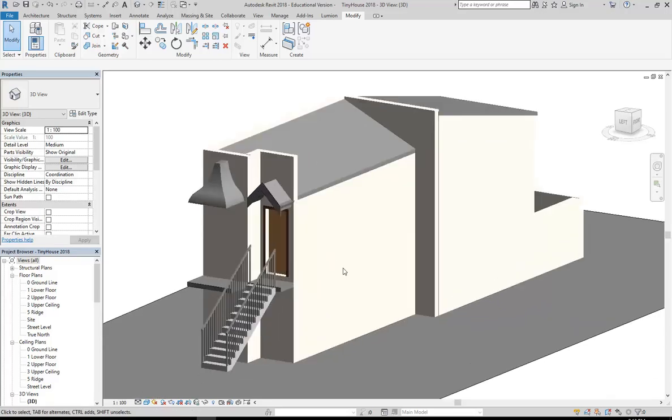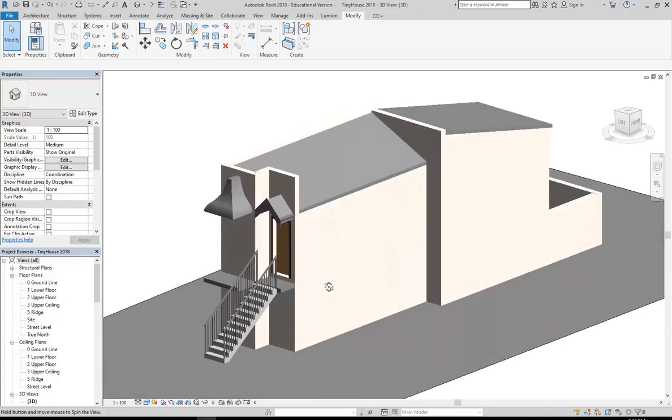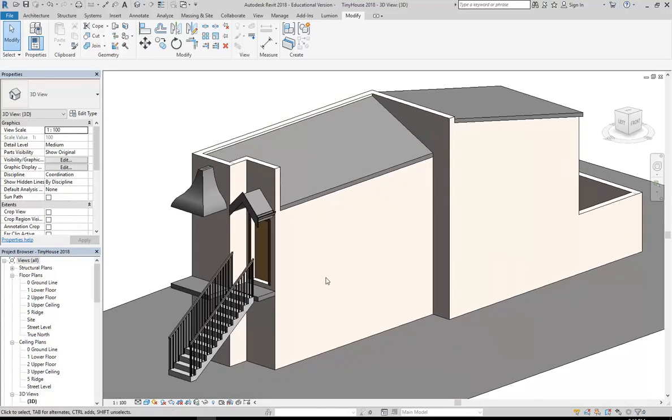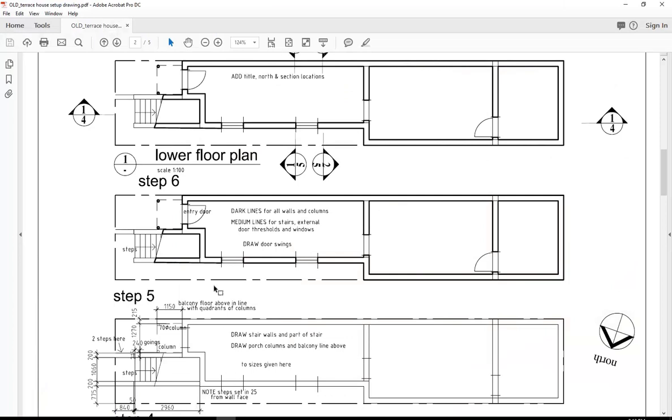So I'll go through the steps now for inserting the windows particularly, but also have a look at the doors. So again, focusing on the loadable families that you'll need to use for doors and windows, but then I might also have a look at some families that you can bring in for furniture and some other things as well. So I'm just going to quickly switch over to the drawing file there so you can see these window openings